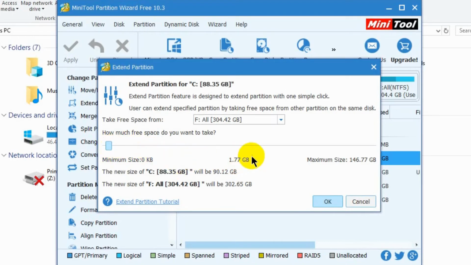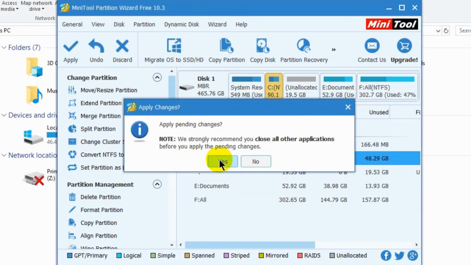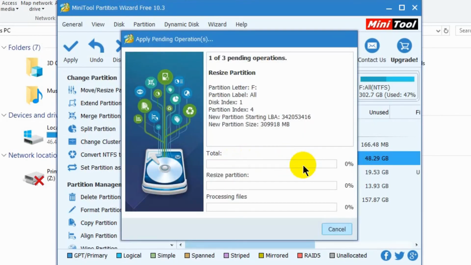Okay. Now I click OK and Apply. Yes guys, it takes